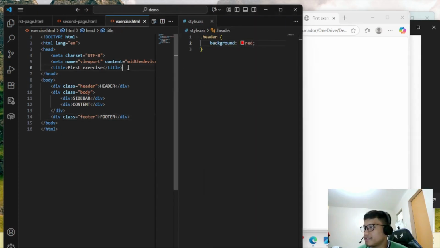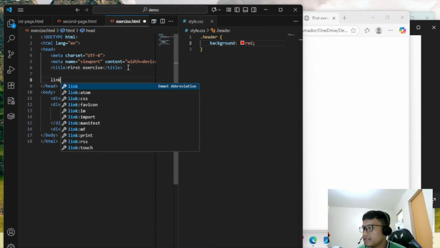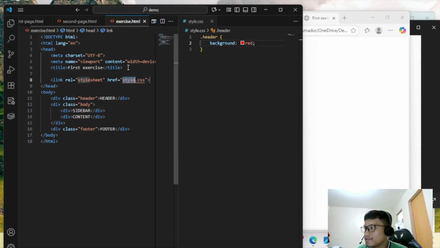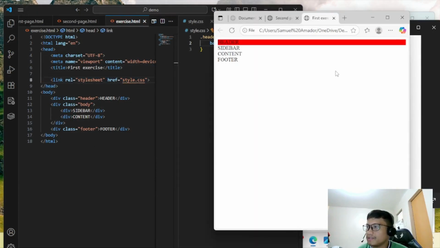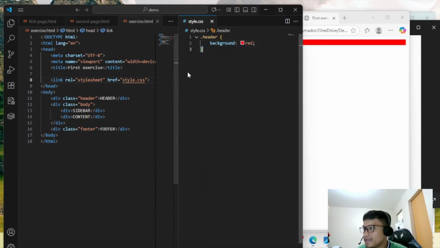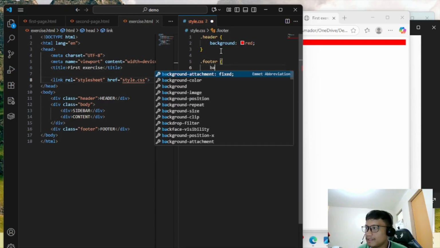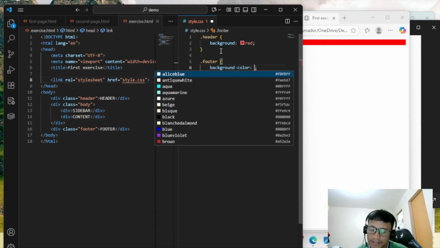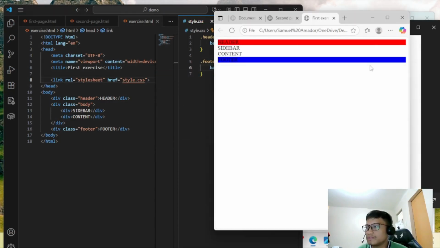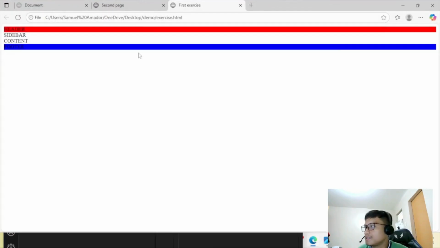Okay, so I did not add the external link yet. So I'll add link, style sheet, and then href and refresh. And then for footer, background, say blue. Okay, so we already have the header, sidebar, content.